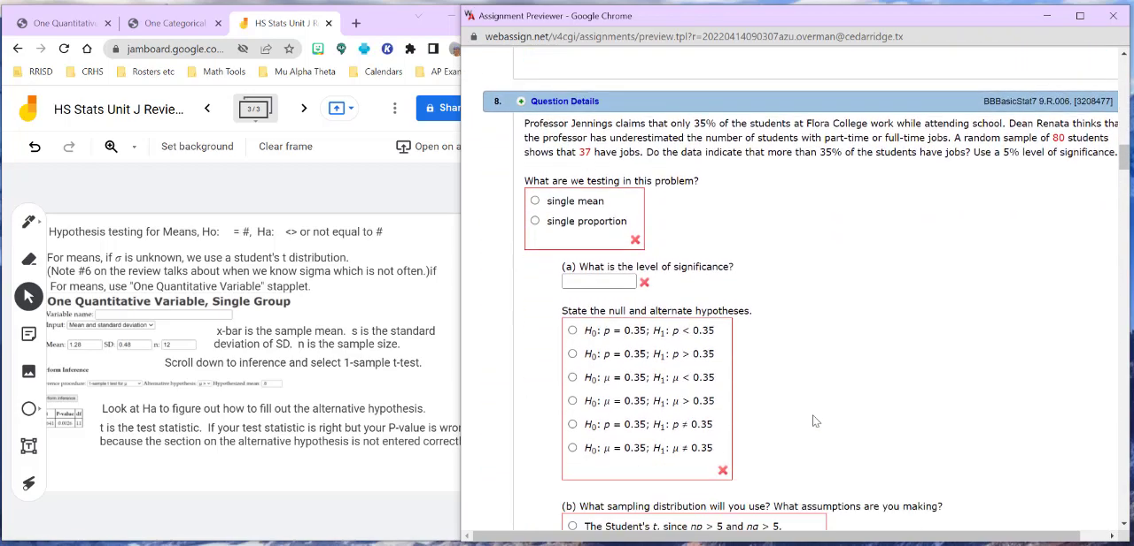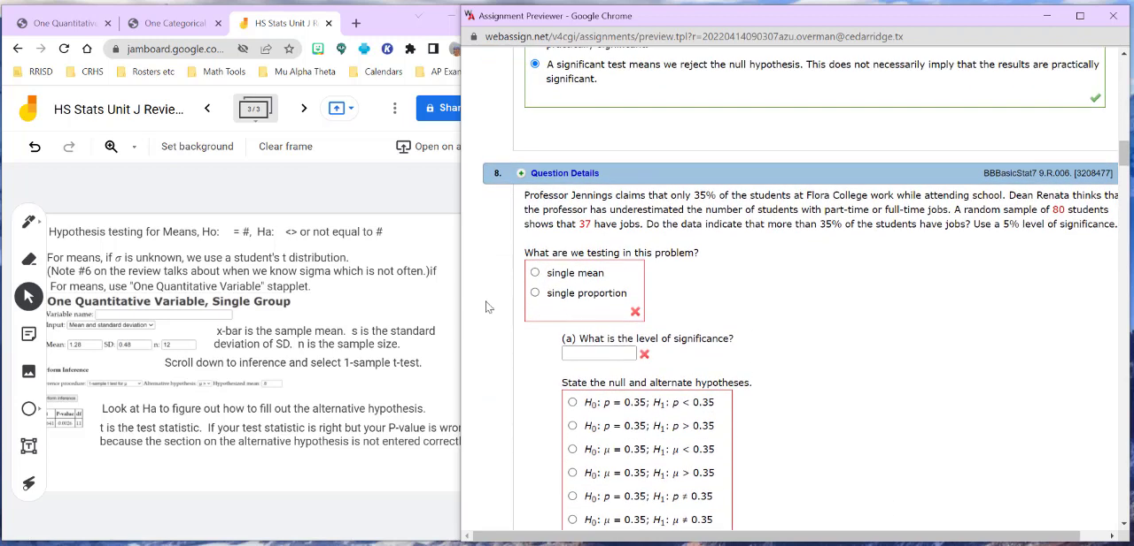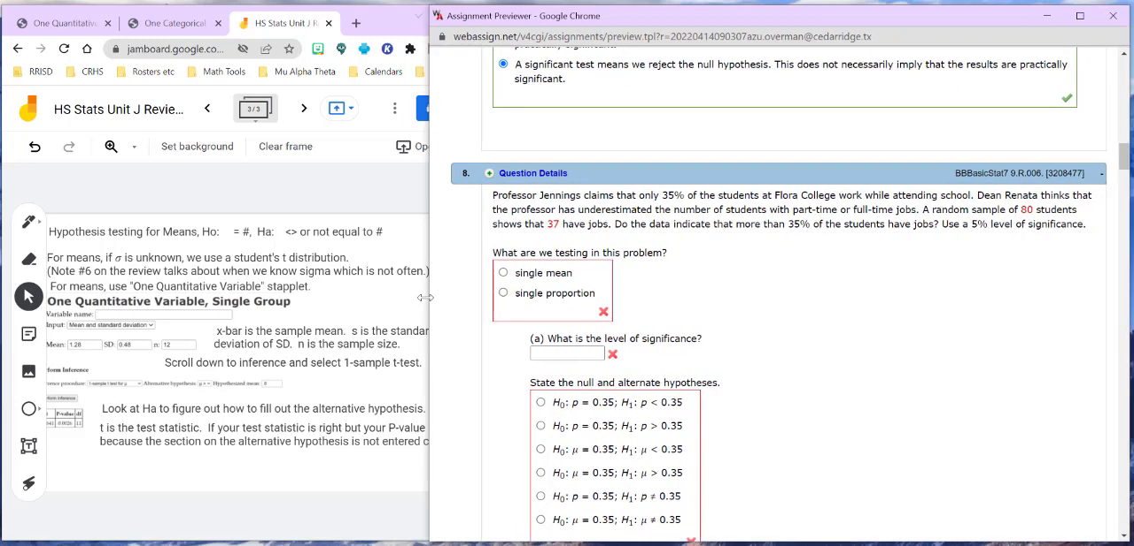All right, so let's go ahead and get onto a hypothesis test here. And I'm going to have to widen this again. Okay,